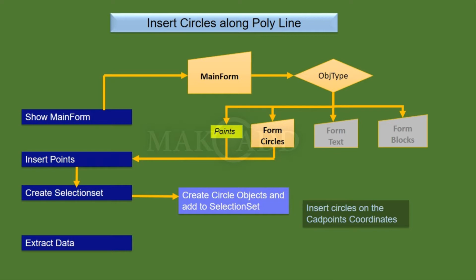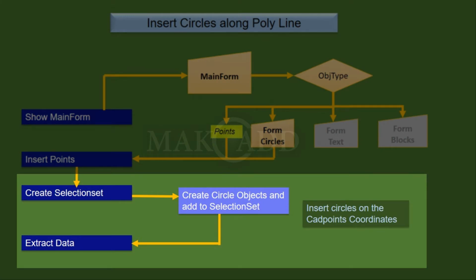As for points we created card points, here we create circles, with a variable for the circle object. In addition to the xy coordinates we have another data item, the radius, and we update the object data with a new handle and radius. Then we extract the data, including radius, to Excel.